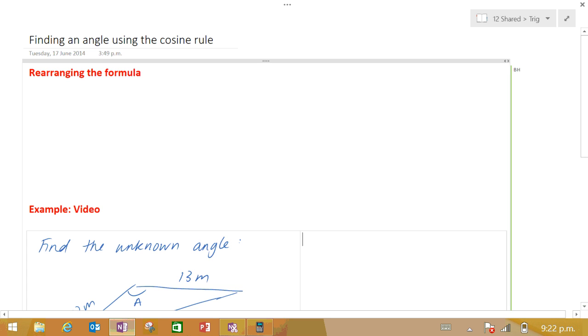Okay, Year 12s, we're going to have a look at finding an angle this time, and I'm just going to